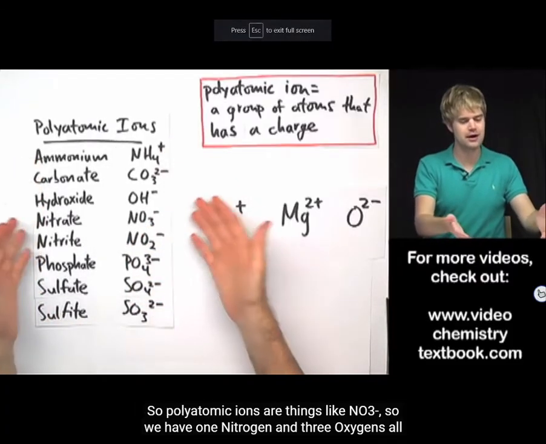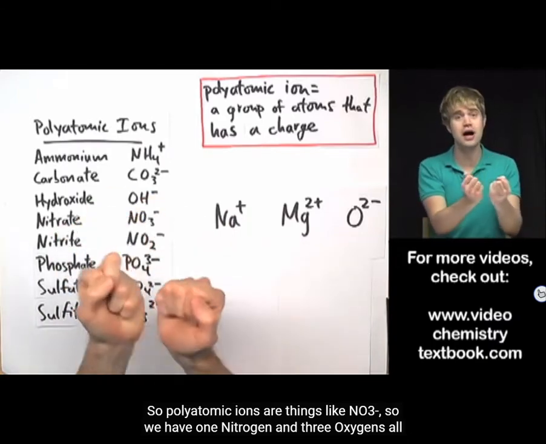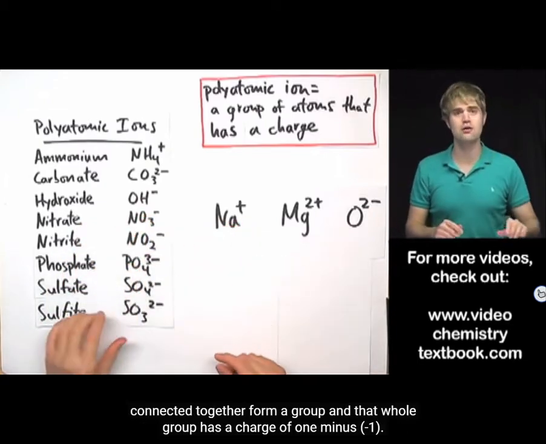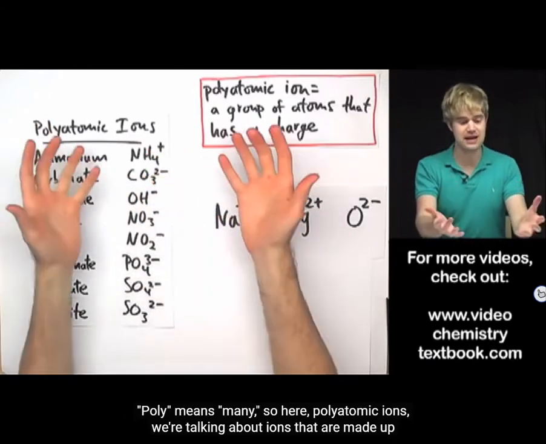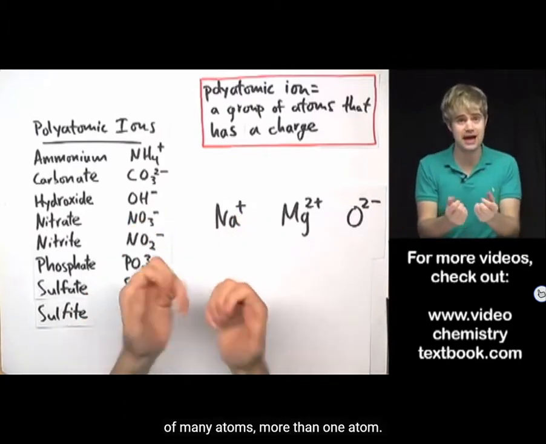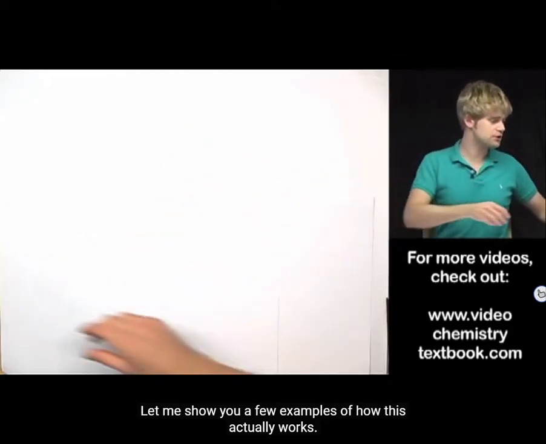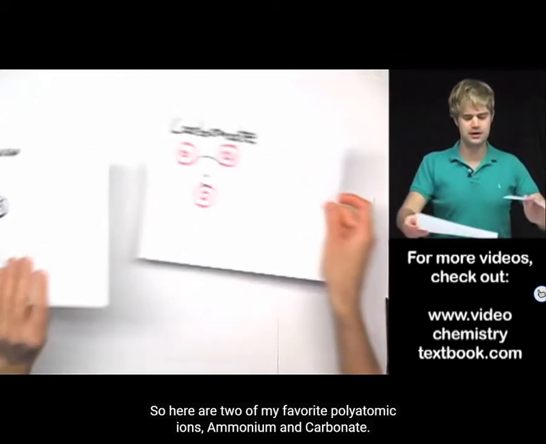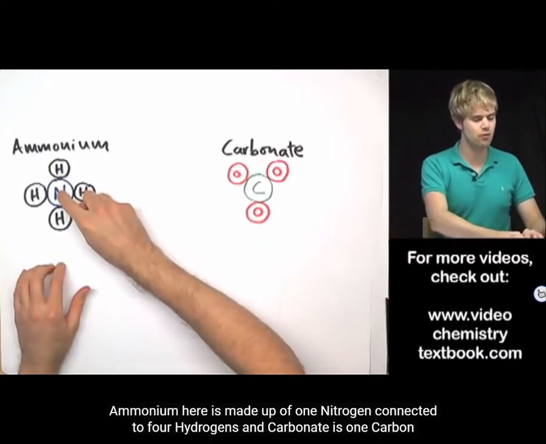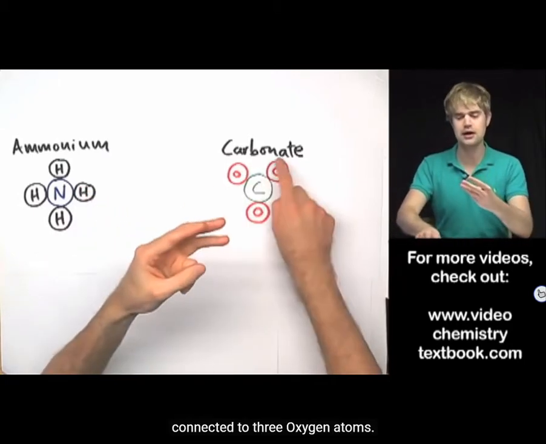So polyatomic ions are things like NO3-, where we have one nitrogen and 3 oxygens all connected together to form a group, and that whole group has a charge of 1-. Poly means many. So here, polyatomic ions, we're talking about ions that are made up of many atoms, more than one atom. Let me show you a few examples of how this actually works. So here are two of my favorite polyatomic ions, ammonium and carbonate. Ammonium here is made up of 1 nitrogen connected to 4 hydrogens,